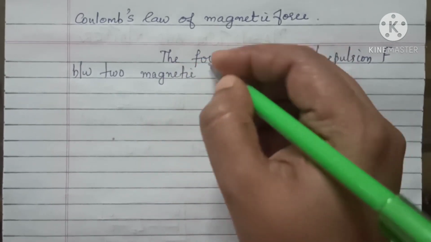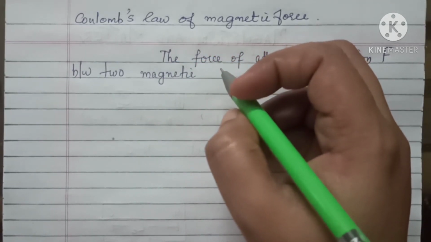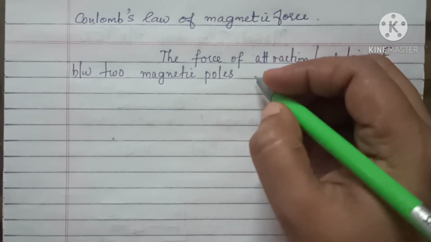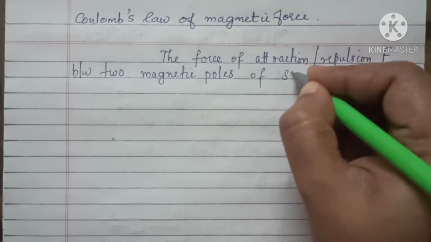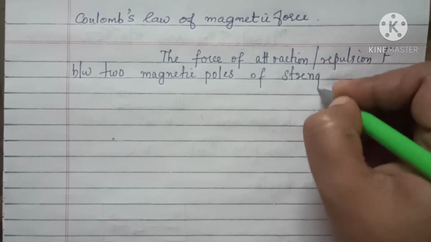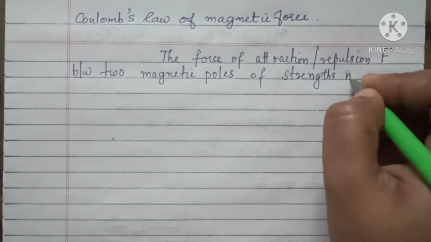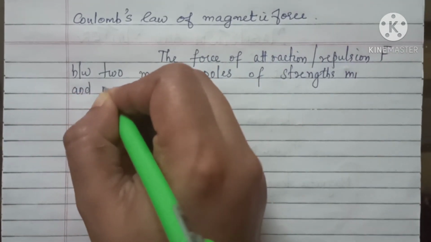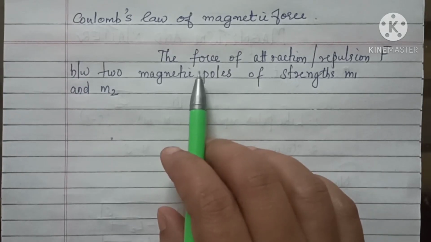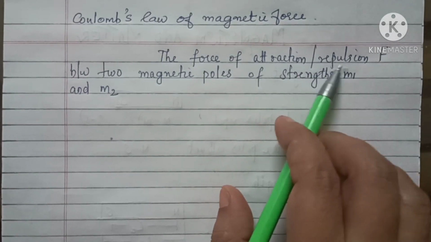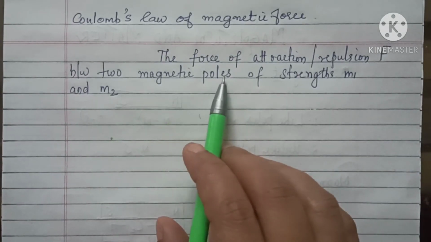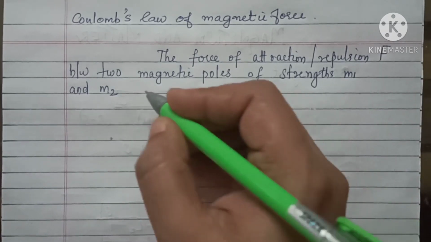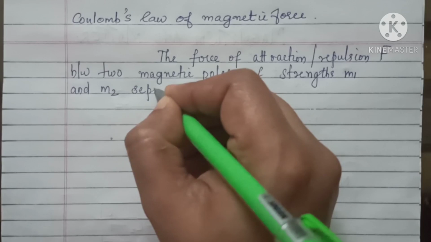There we have taken the charges, but here we are taking the magnetic poles, and it is having strength, isn't it? Represented by M1 and M2. Okay, so the force of attraction or repulsion between two magnetic poles of strength M1 and M2, separated by a distance r,